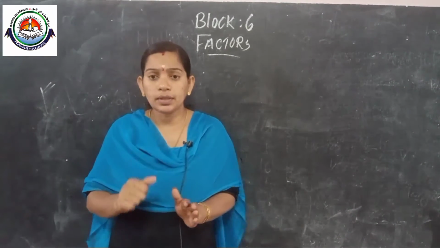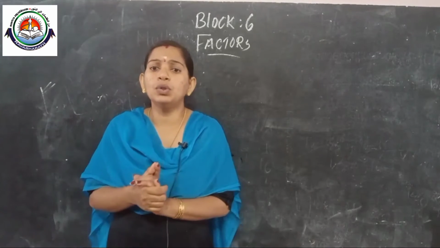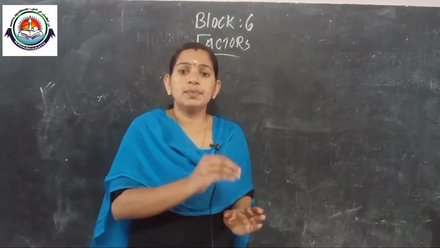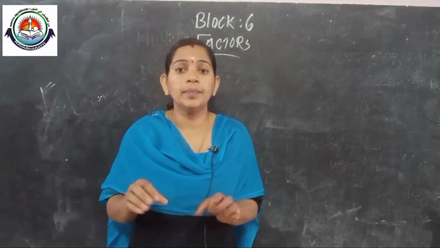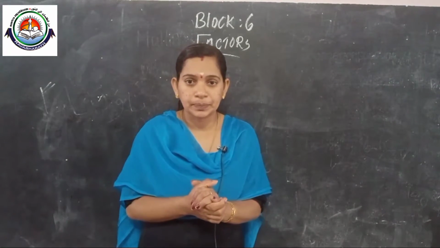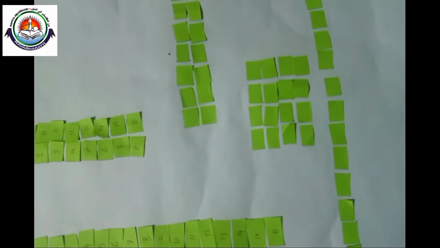In this video I will show you how to arrange these paper slips in different ways. Hi children, I have 16 paper slips. Look how to arrange these 16 papers in different ways. One condition is that in each column or each row we need the same number of paper pieces. Here I arranged it this way. How many columns here? Only one column. And how many rows? Look, 16 rows are there.